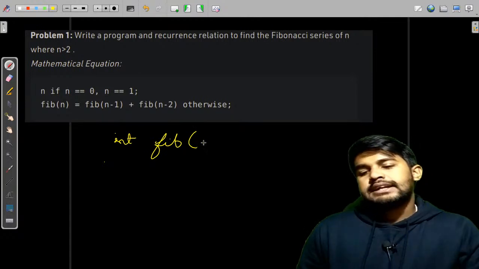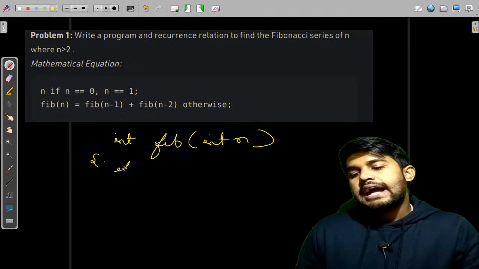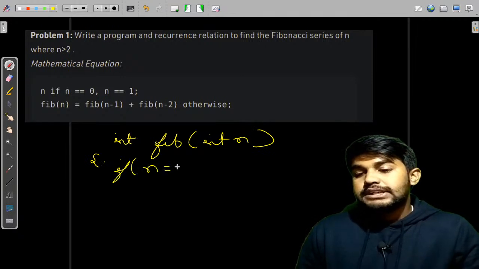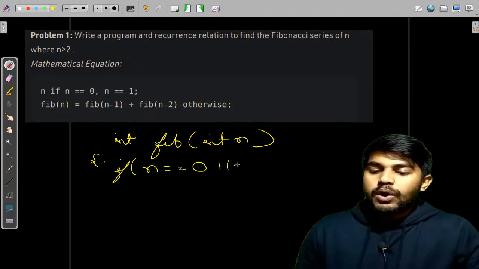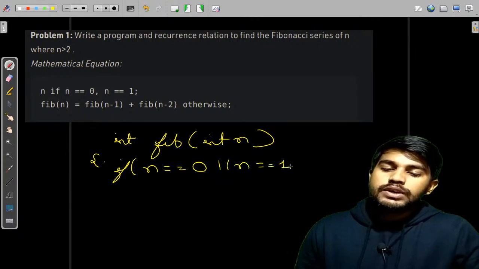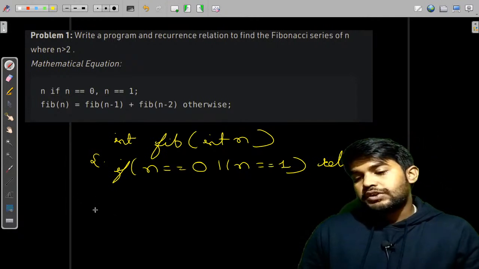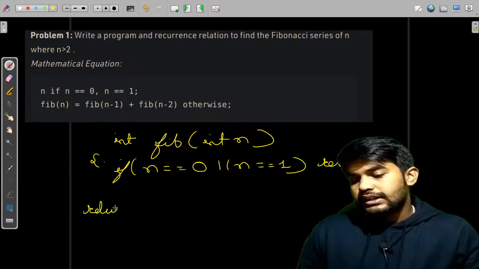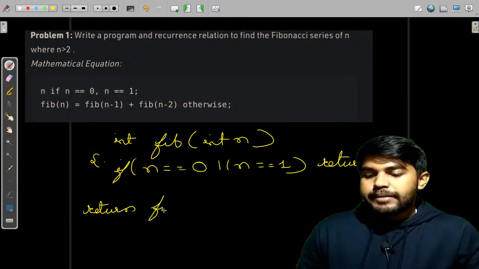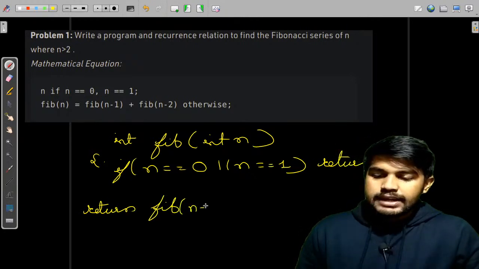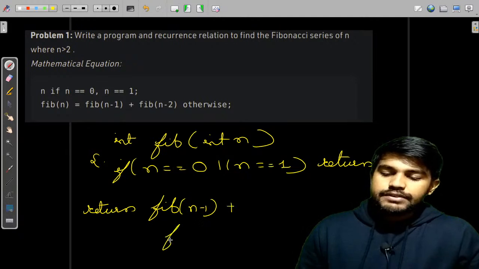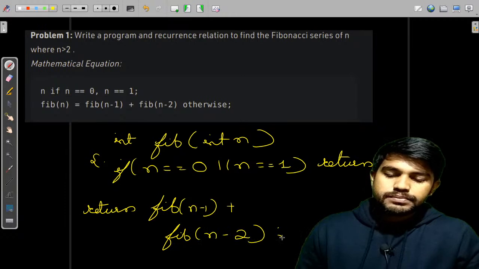Then if the value is equal to 0 or the value is equal to 1, we would return this value. Else we would return fib of n minus 1 added with fib of n minus 2.